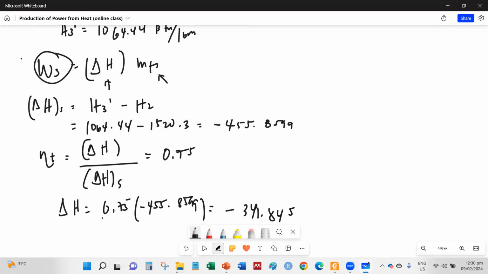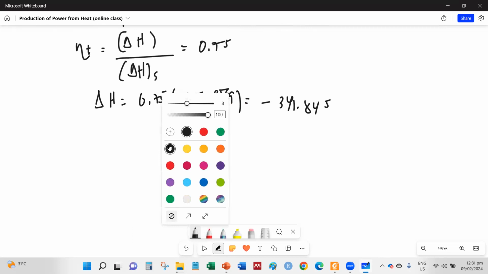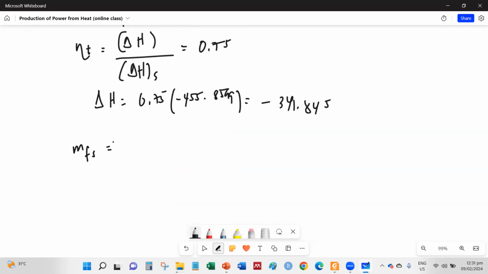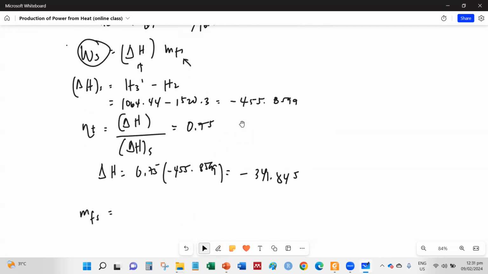We use that equation to calculate the mass of flowing stream. So the mass of flowing stream is equal to WS, or work shaft, divided by delta H. And this is 200,000